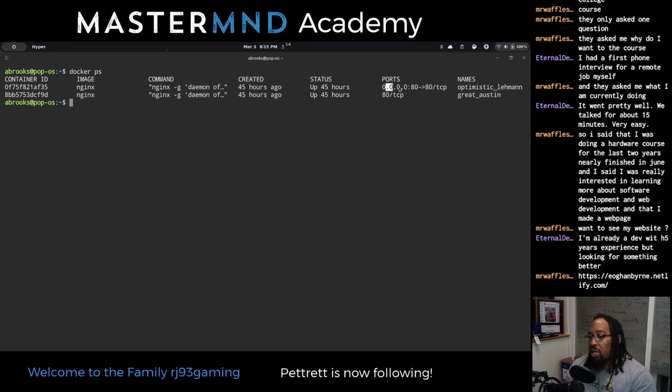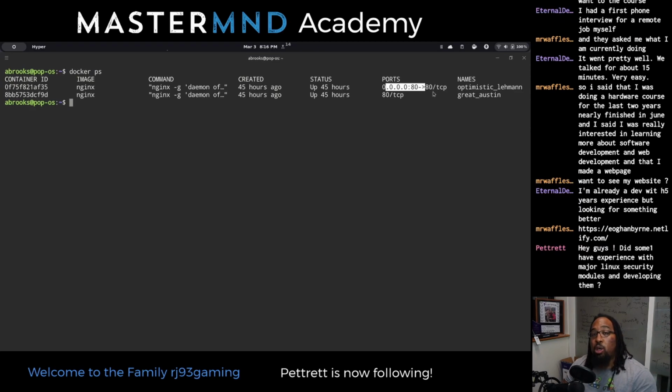And this is just a little indication that the exposed port is mapped to a host port. So this is the only one that's exposed. This one is kind of living behind the scenes. It's running, it's isolated from everything. It does have an exposed port, but that port is not consuming any ports on my host machine. Tonight, we'll learn how to mess around with some of that stuff, as well as when we get